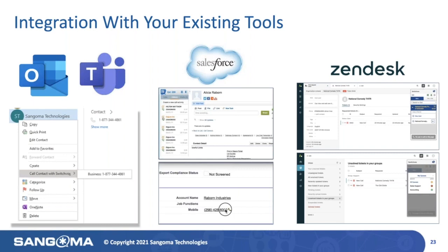about that contact. You can also integrate Microsoft Teams with Switchvox. You can click on a contact's phone number or extension, and the outbound call will be through your main Switchvox phone extension. With Salesforce Lightning and Zendesk,